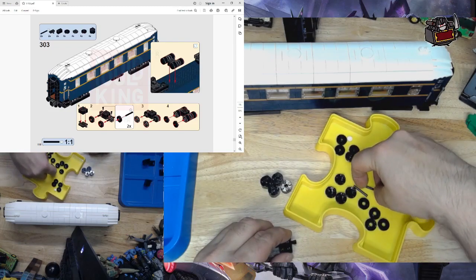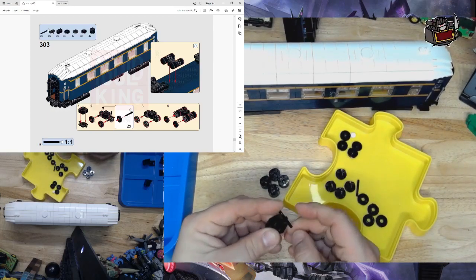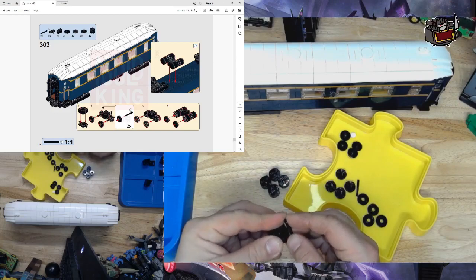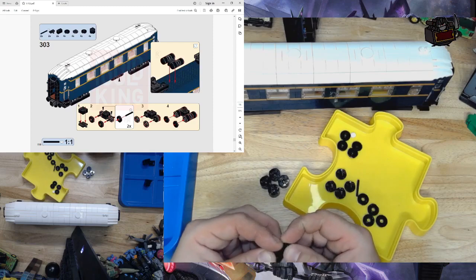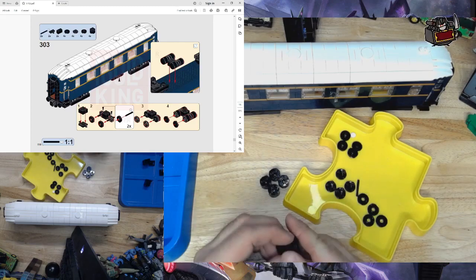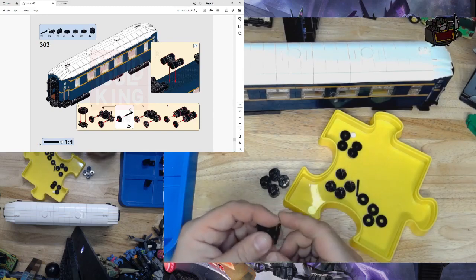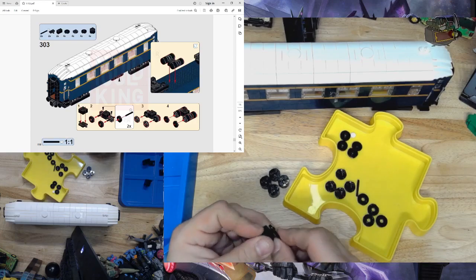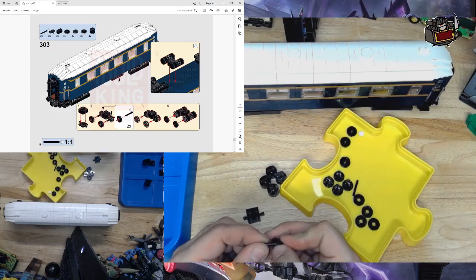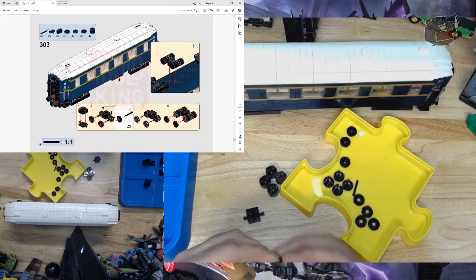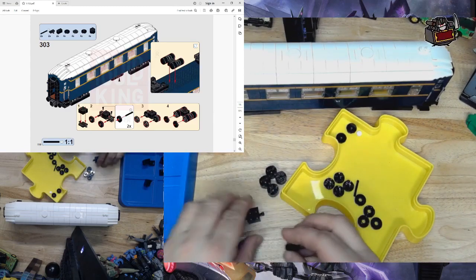It wants me to build these on here, like so. Now that's cute and all, but I don't know how well that's going to work. What I'm going to do is I'm going to build one side of it first. By doing this. So, take these. I'm going to sandwich one each side of it. And then